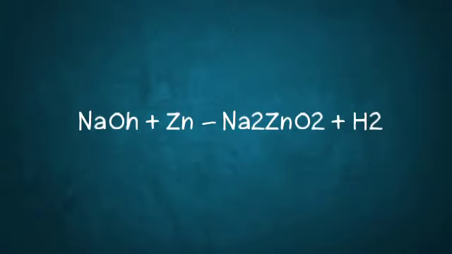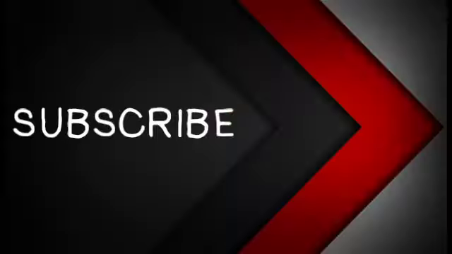There are many similarities between the chemical properties of acids and bases. Just like the first chemical property of bases is that when we react any base with a metal, it will release hydrogen gas and give us a salt. For example, when we react sodium hydroxide, which is a base, NaOH, plus Zn zinc, it gives us sodium zincate, Na2ZnO2, plus hydrogen gas. Here we can observe the hydrogen gas is released.